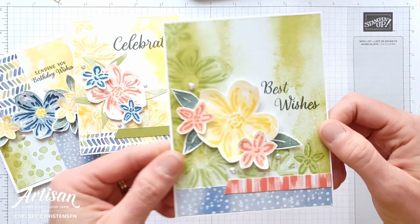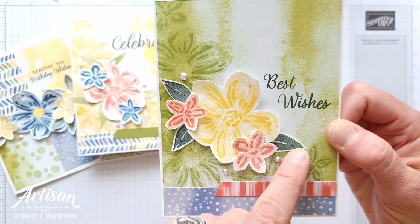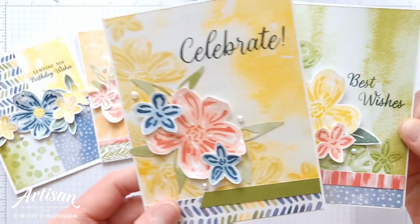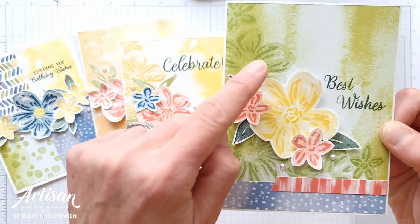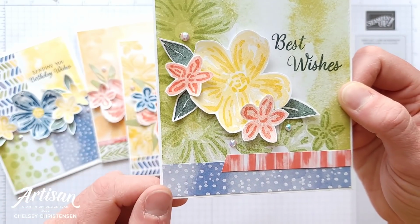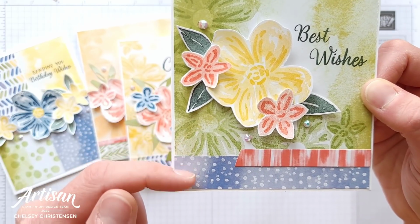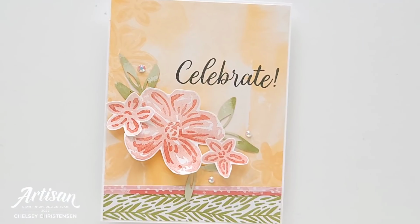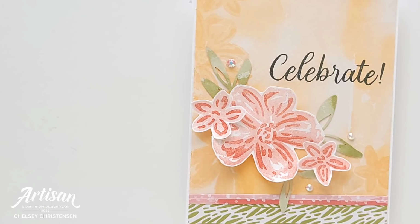And then same thing with the Old Olive. Again, some different color combinations. I did use the stamped leaves instead of the Old Olive. And the main reason for that is because these are Old Olive and this is Old Olive, and so it kind of would blend. So I stamped it in Evening Evergreen so that it would stand out. And again, another one of those fun die cut strips just to kind of blend those two patterns together and add some more color. So really fun cards, and I hope you enjoyed watching me create these fun alternative cards